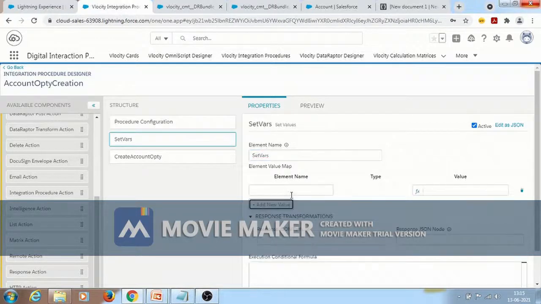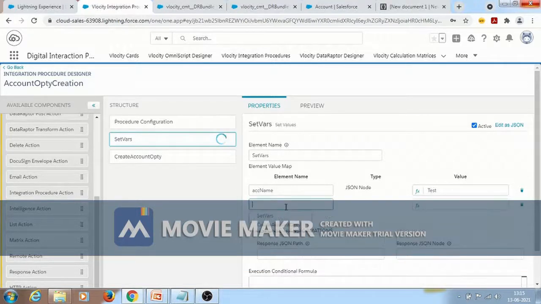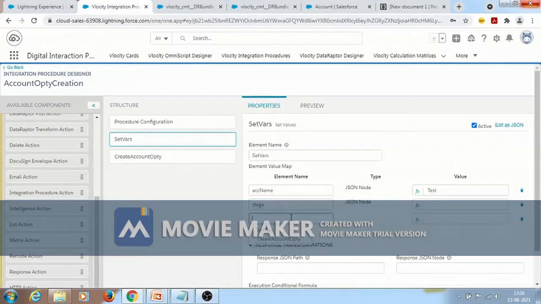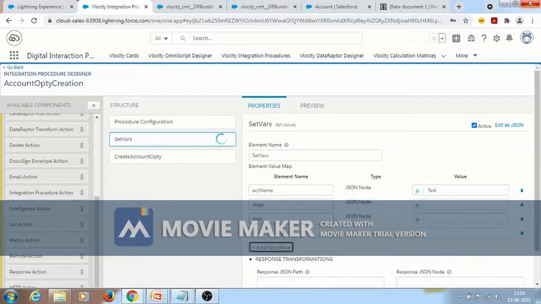Like here I'm setting account name, that is I'll be writing test, and stage I need to set, and date, stage date, this is close date, so I'm using close date.